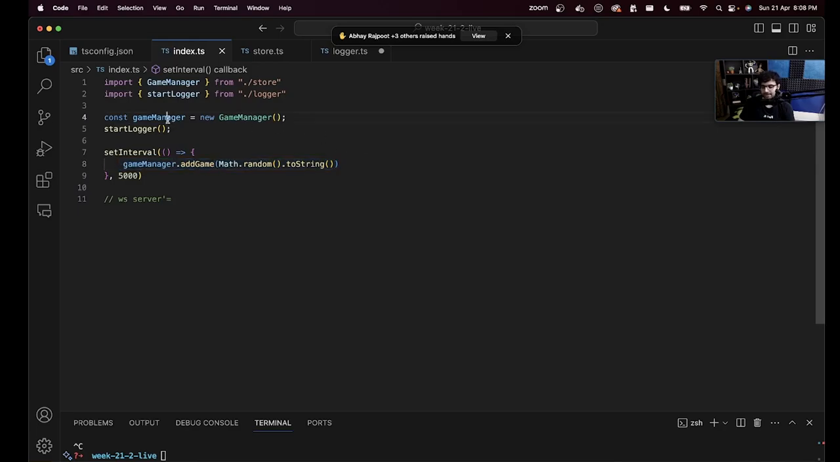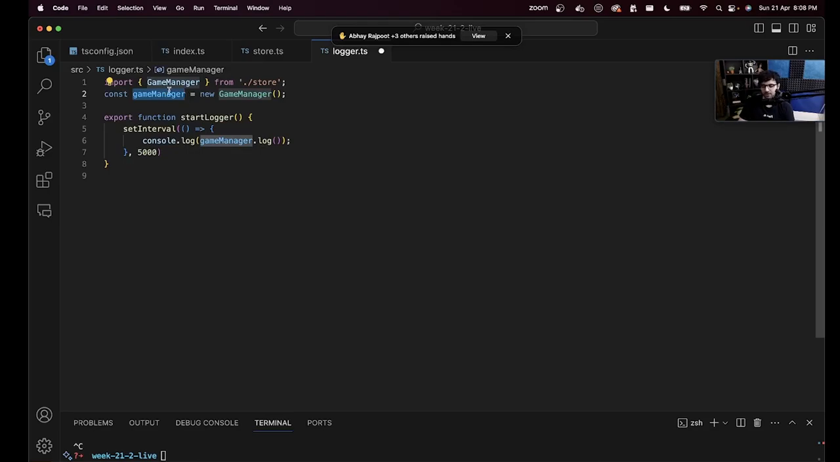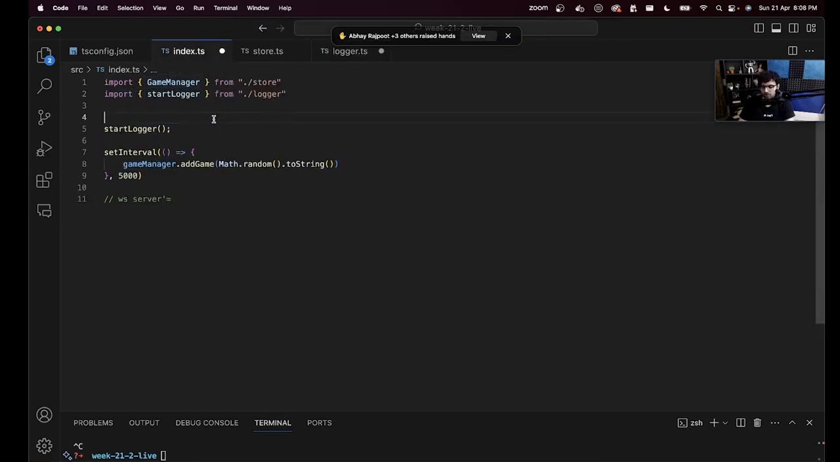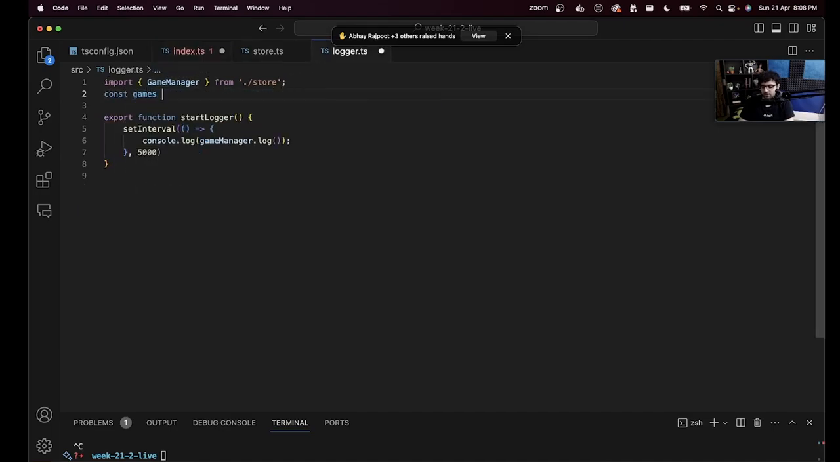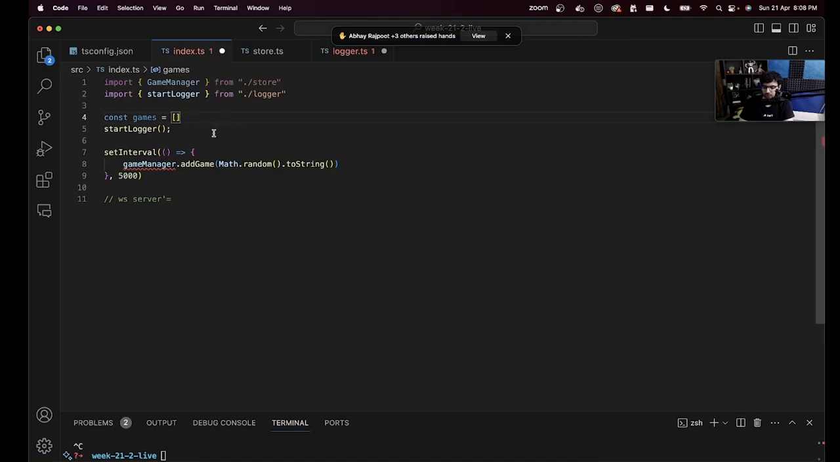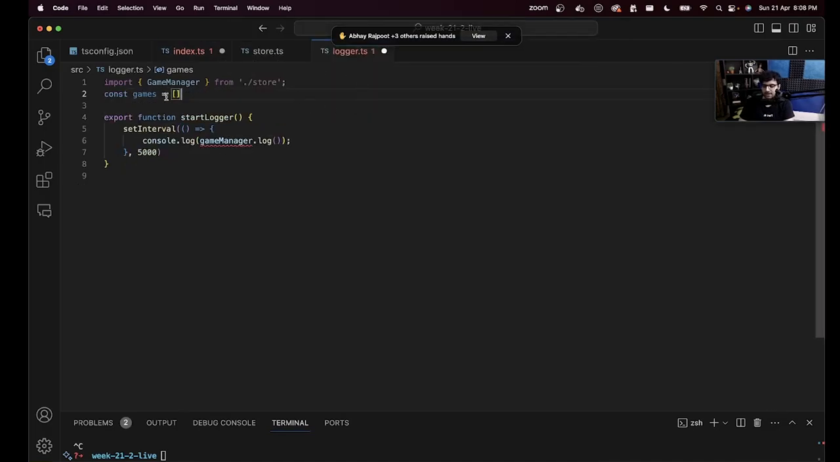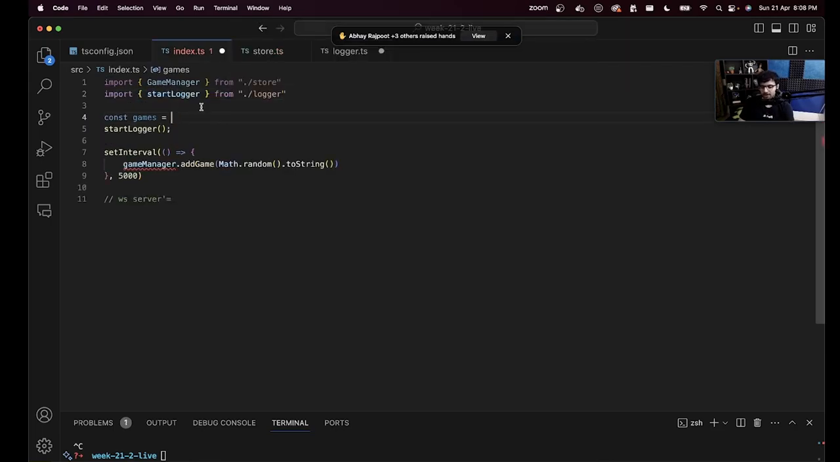No, this is a different object. This will keep adding to this game manager, and the logger has its own game manager. It's similar to me doing const games equal to an empty array here and then doing a const games equal to an empty array here. This will keep pushing to the games array. But this guy has a separate instance of games,